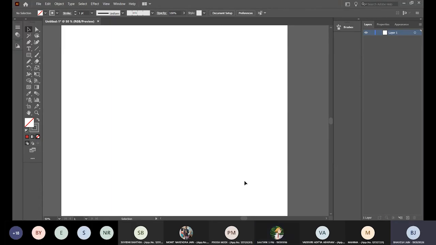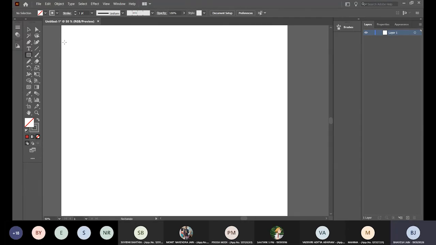Text or coloring? Tell me, what do you guys want next? Text or coloring? I think coloring will be better. I guess we got some, like, create drawing tools and all. We did it. Okay, chalo. Coloring it is.